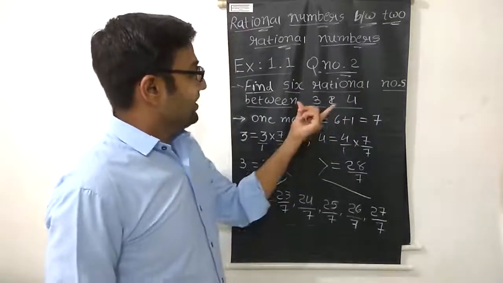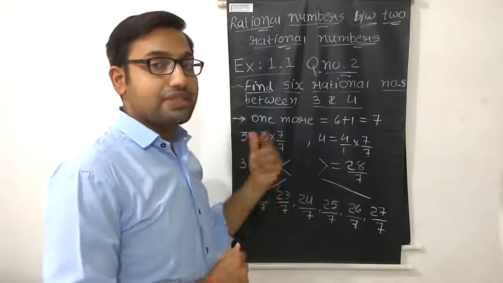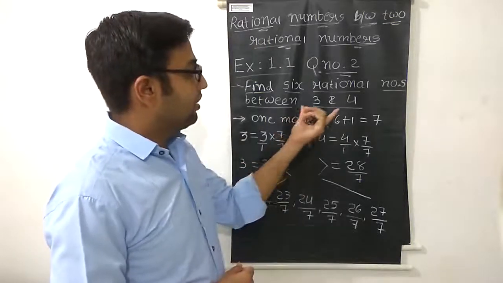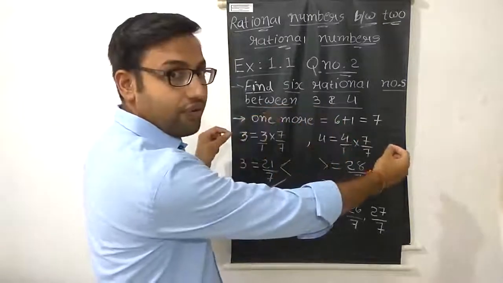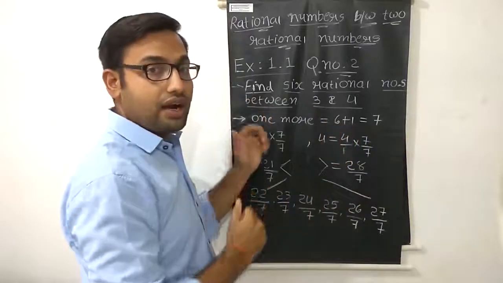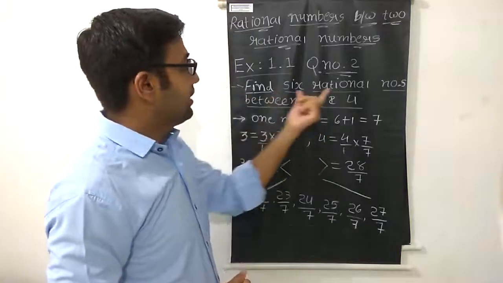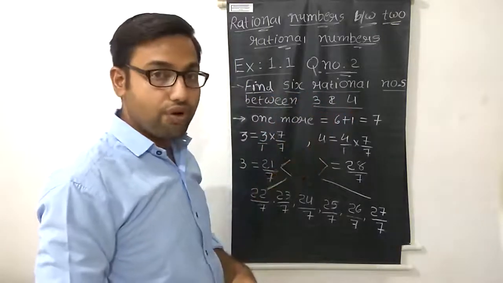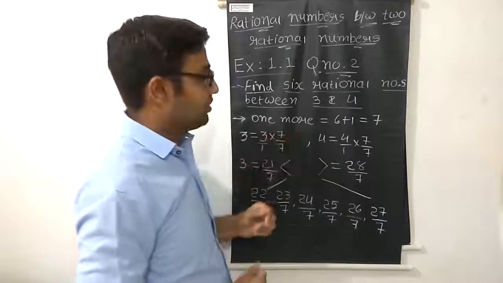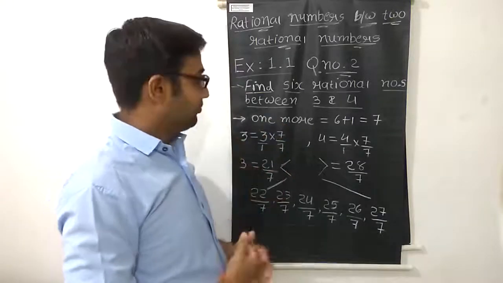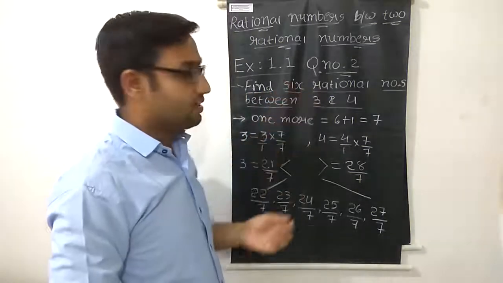To find 6 rational numbers, you can use the previous class method. That means you can use the magnification method between 3 and 4. You know that between 3 and 4 there are 10 numbers. In that way also you can find any 6 rational numbers between 3 and 4. Here is another method that we have to learn. In this method, in the question we have been asked to find 6 rational numbers. So